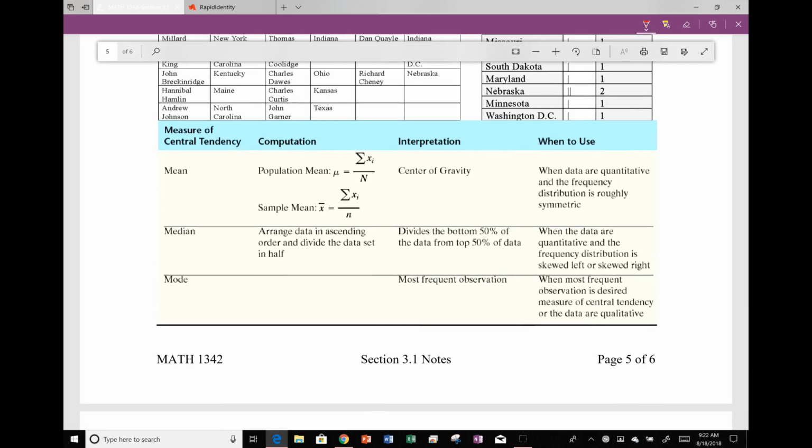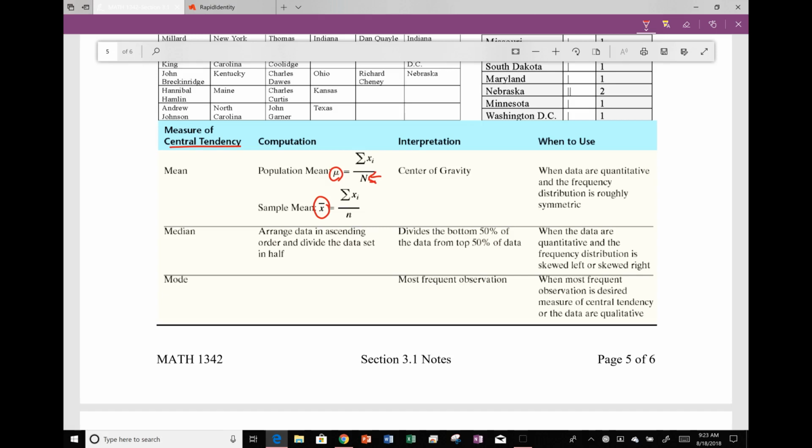If we look here, these are the 3 types of measures of central tendency. In other words, the middle that we're looking at. Mean, median, and mode. Again, recall that we have mu for the population mean and x bar for the sample mean. They're calculated the same way, but we need to get in the habit of using the correct symbols and notation. Recall that a capital N is our population size, lowercase n is our sample size.